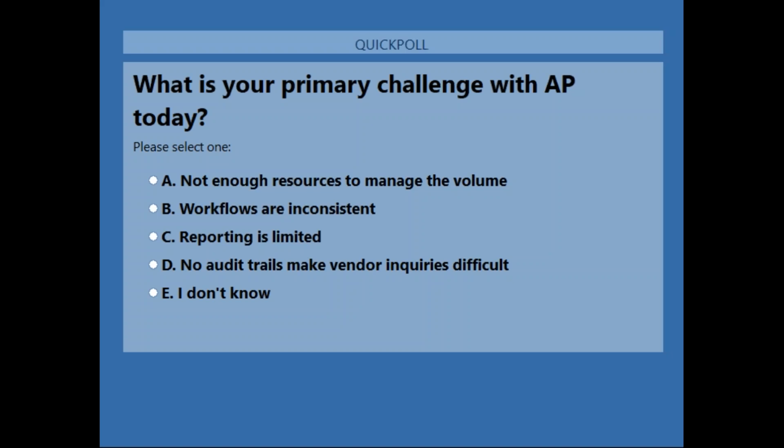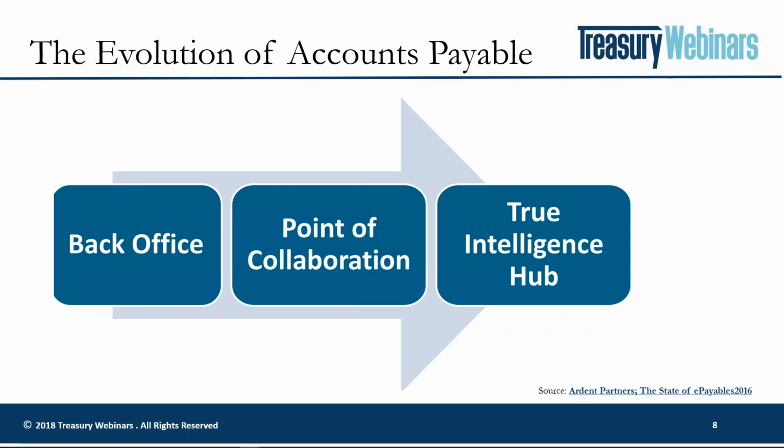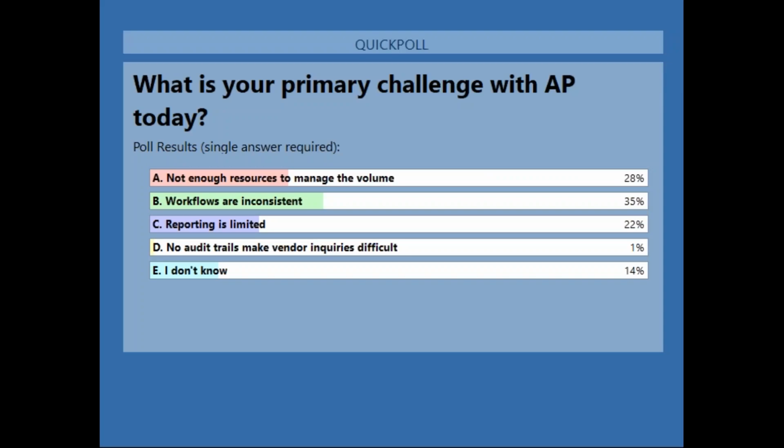So I'm going to go ahead and close the polling question, take a quick look at the results, and then I'll make a little bit of color commentary, and then you'll note that I will refer back to these polling results as I address these certain areas, which are certainly common pain points across companies of all sizes. So I'm going to go ahead and close the polling question, go ahead and share the results, and of course,